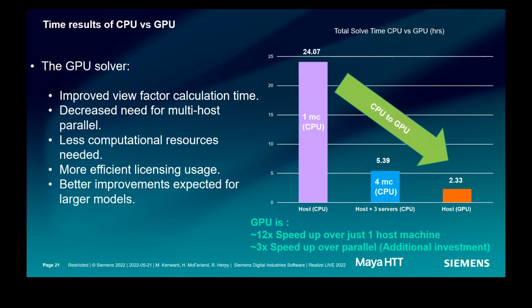So now comes the GPU solver. When considering that one CPU machine with the model, you would see maybe a solve time of about 24 hours. And then through the parallel processing with CPUs, you might be able to decrease that to under 6 hours. But using the GPU, we were able to realize an improvement of up to 12 times, even on the simple model. And we expect even better improvement with more complicated models with even more elements. So this was big for us.